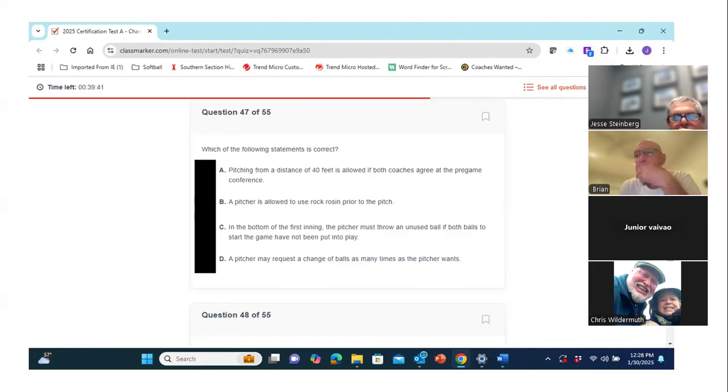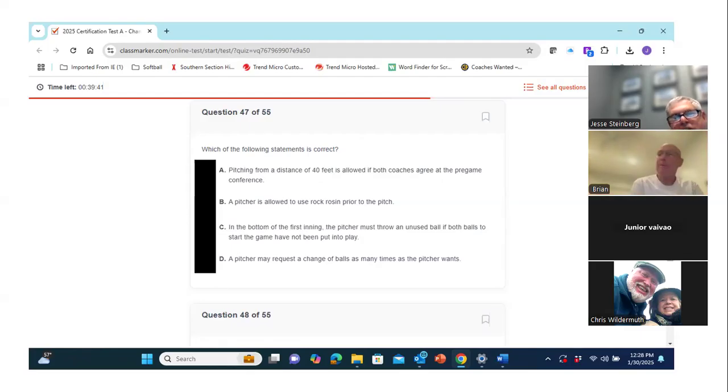C. Yeah, I think C. Okay, we have a couple of C's. No one wants to let him pitch from 40 feet? No. No one wants to let the pitcher request a different ball every time they feel like it? So just mentioning that, go for the correct answer, then I'll go on.